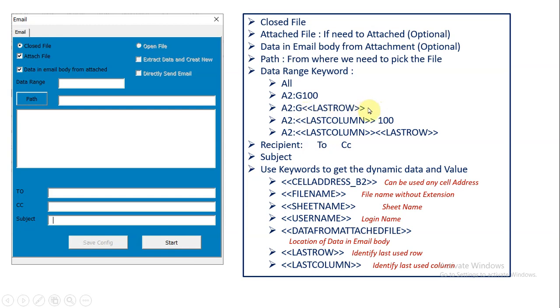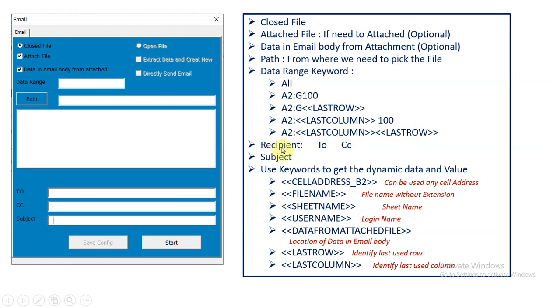If we use this keyword, it will get replaced by the real value from Excel. So it will identify the last row and put the value here. Similarly here, it will identify the last column and it will get replaced here. If you are not sure about the last column name and last row number, in that case, definitely you can put it like this. So ultimately, the range should be like this only: first column name, row number, colon, column name, row number.